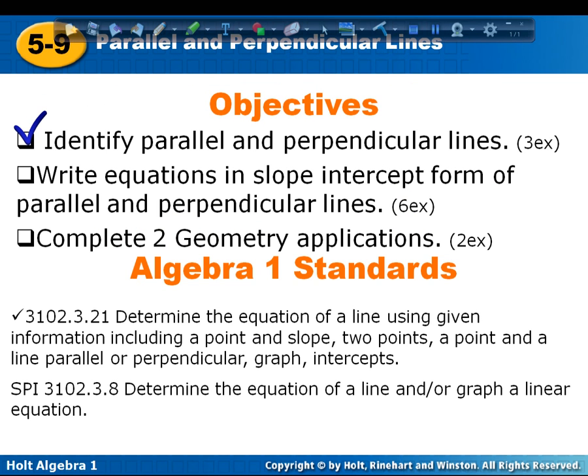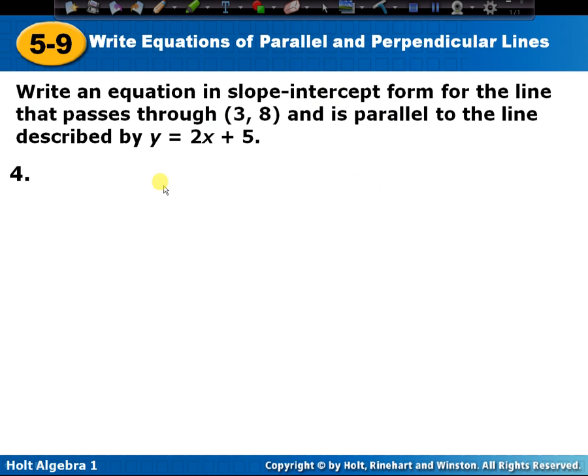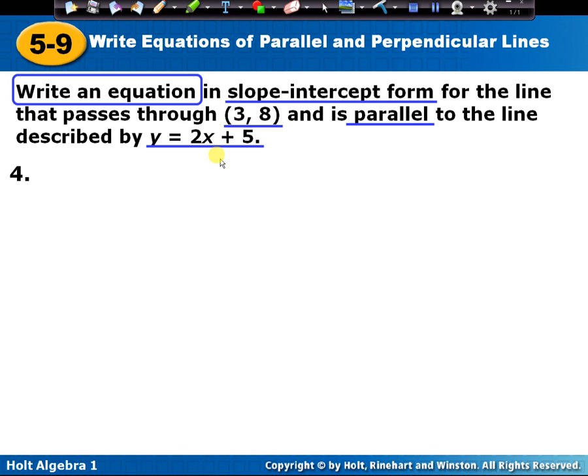All right, so there's our first objective, to be able to identify parallel and perpendicular lines. Now we're going to look at some writing equations in slope-intercept form of parallel and perpendicular lines. Okay, pay close attention to the question here, and then we're going to move over and look at this on paper. It says, write an equation in slope-intercept form for the line that passes through (3, 8) and is parallel to the line described by y equals 2x plus 5. We're going to write down this, y equals 2x plus 5, your point, which is (3, 8), and the word